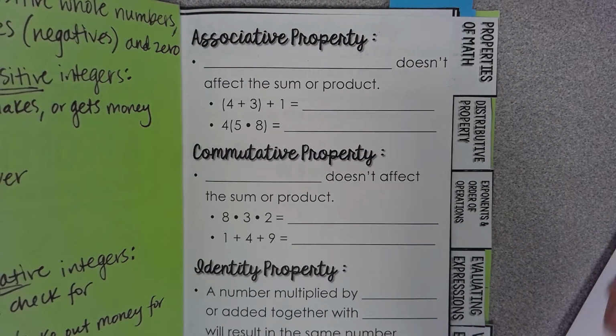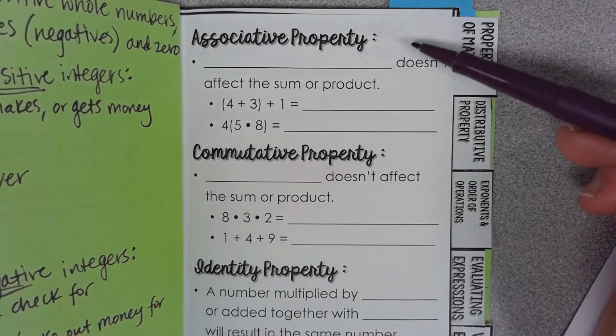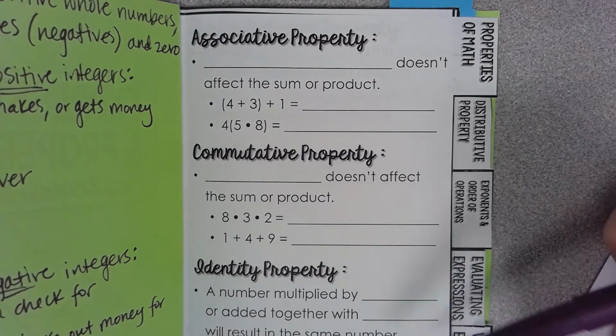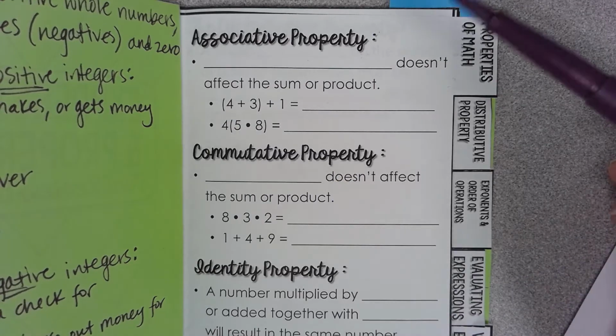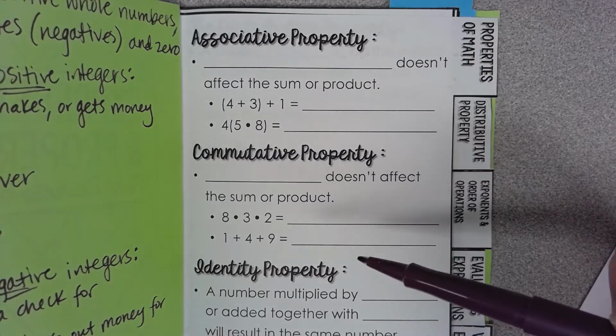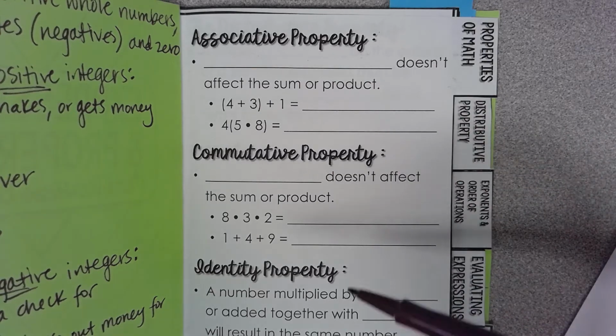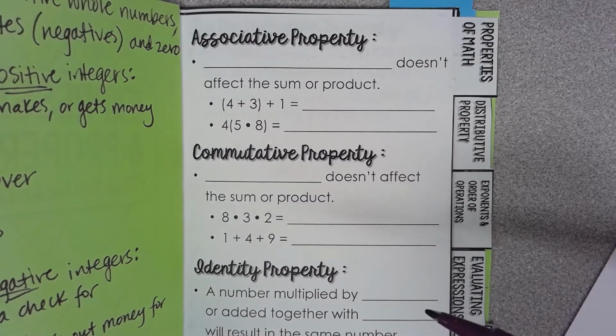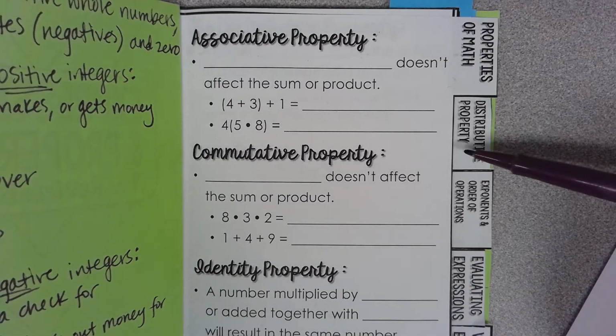So what we're working on today is different properties that explain why we solve math problems the way that we do. There's actually 4 different kinds of properties: associative, commutative, and identity. These 3 are a little more self-explanatory. They're a little bit cut and dry to the point. The 4th one is called distributive property, and this one's a little bit more detailed, so that's why it has